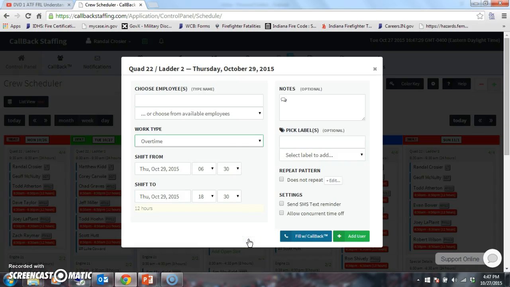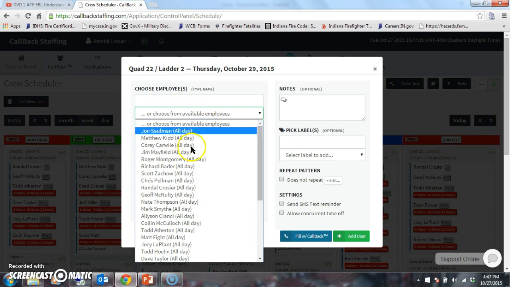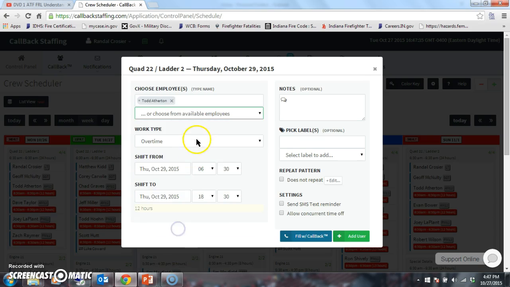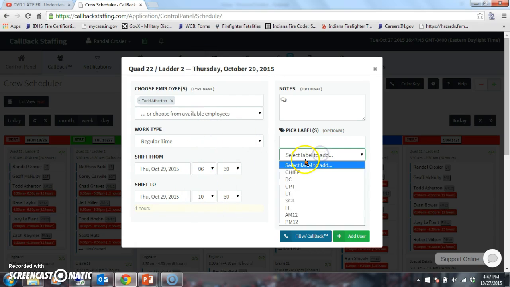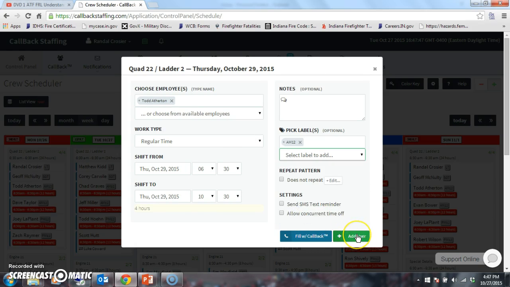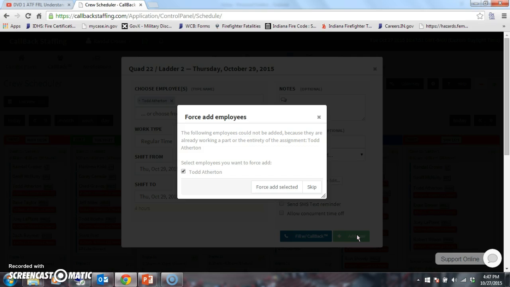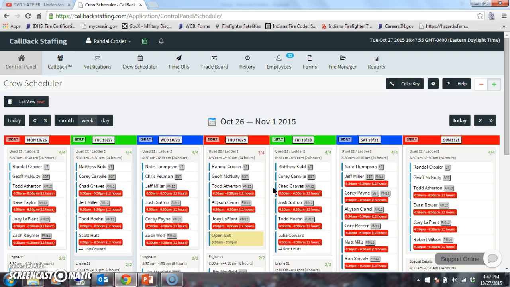So if I'm going to fill with Todd Atherton and he's available, find Todd Atherton on the list, and I want to make sure this is important. I put him in for the first 4 hours as regular time on that AM shift, and then I'm going to add him in. That puts him right up to 40 hours for the week. If I want to go beyond that,